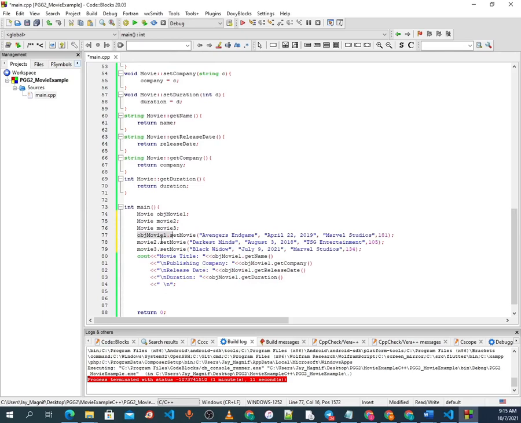So same thing with this. That's what we did. So movie 2, we set the movie. Now it's Darkest Minds, different date, their company, duration. Black Widow, as you'll see on the display. Okay, so if we try to display this, as you can see, we'll have a cluttered